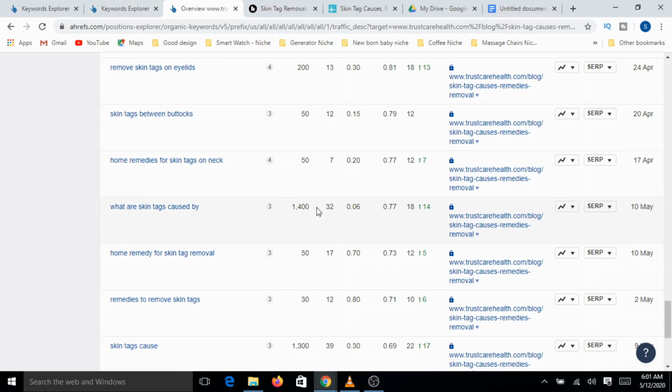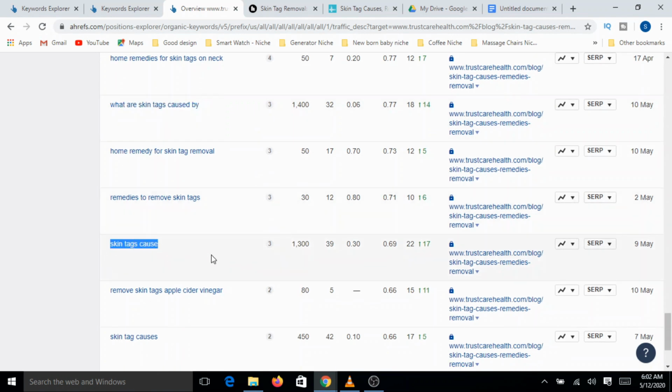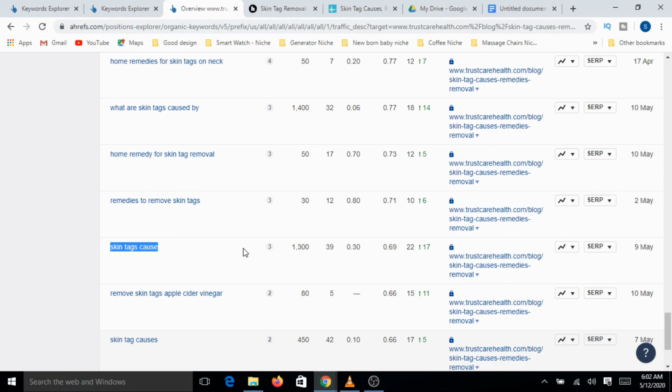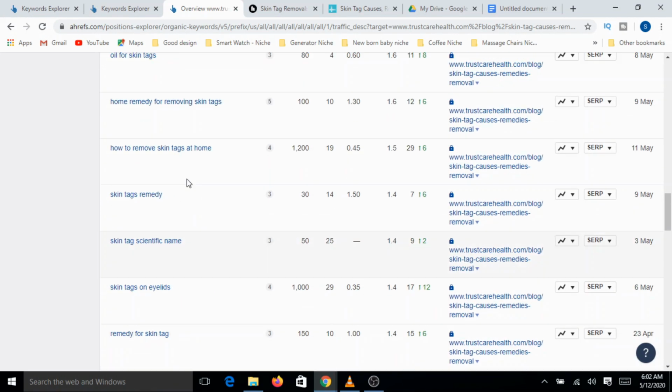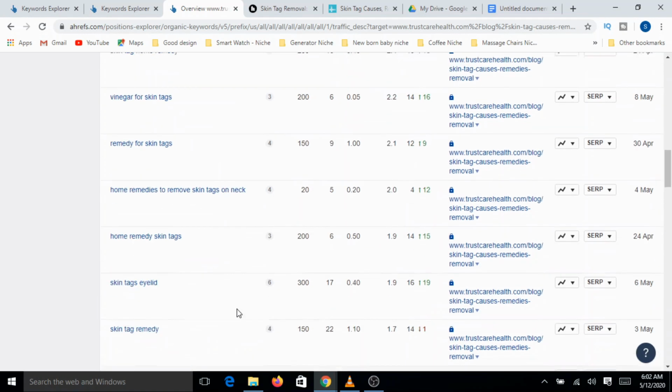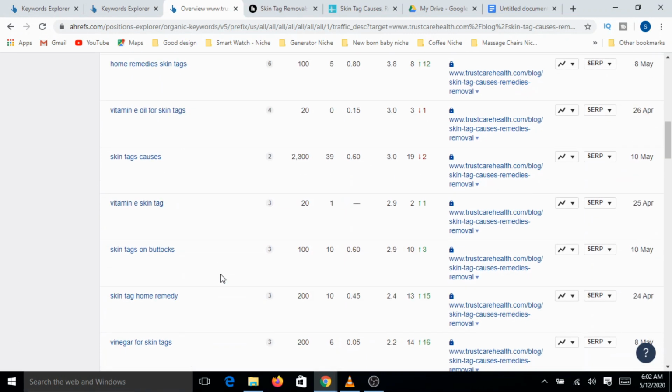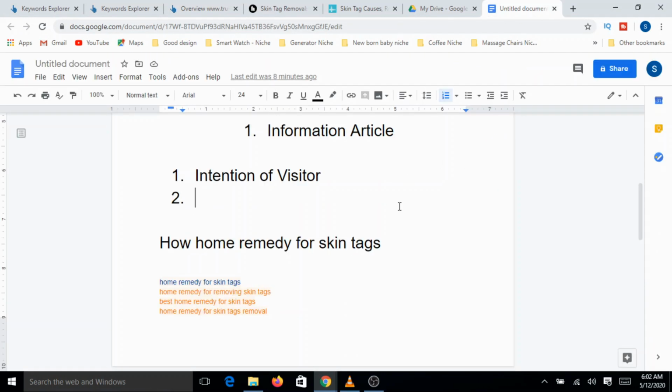But if you see here, search volumes are 1400 per month on average, and it's very closely associated to this particular topic, right? And then skin tags cause. So likewise, you will be able to find a lot more topics from here. You can pick some of these words as well, and then form them into the structure.